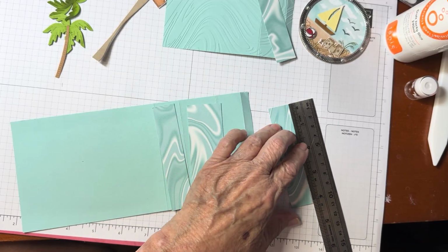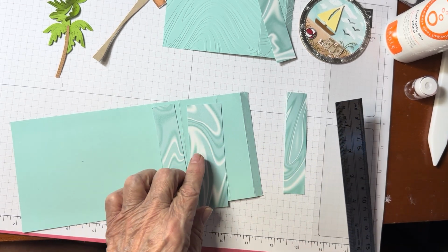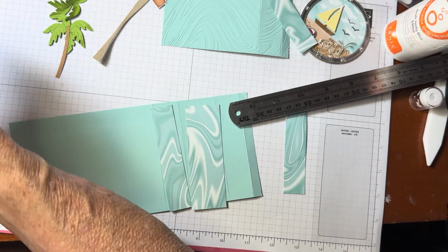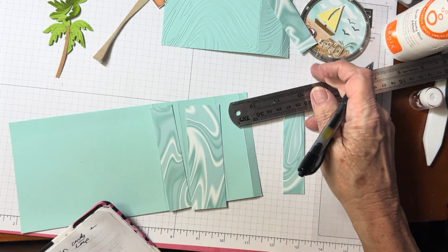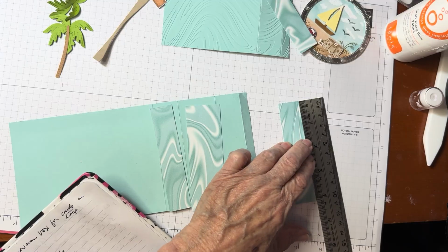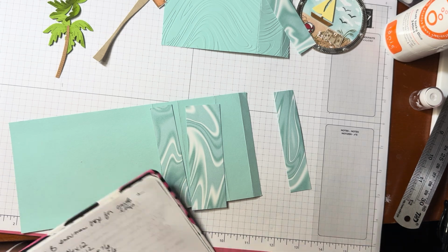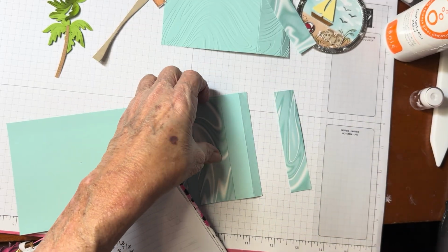Let's see, that is 4 1/8 by 7/8. So you'll need 2 at 4 1/8 by 7/8. Let me write that down so I can remember to put it in the directions. Oh, good grief, I'm sorry, 4 1/8 across by 7/8. And then the middle one is